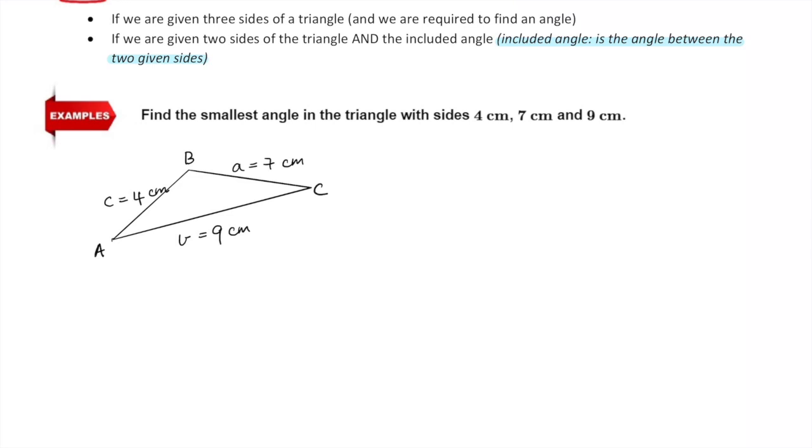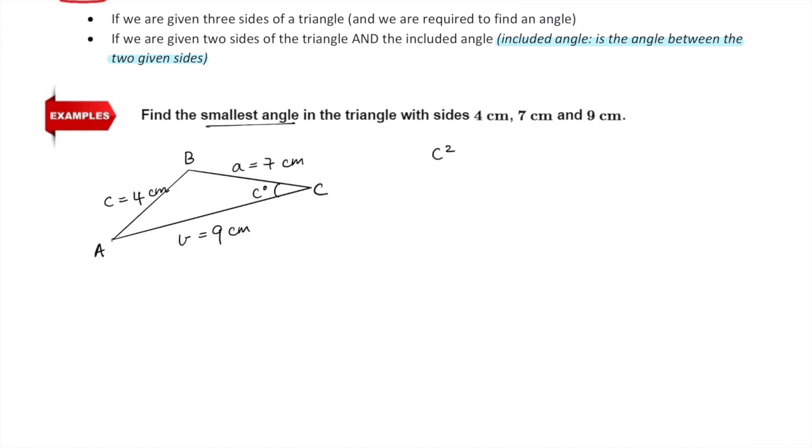So these are all obviously in centimeters. Well, in this case, we're asked to find the angle, so it doesn't really matter, but if you are asked to find the length, you need to make sure that you're giving your answer back in the units the question was given in. So here we're going to have to actually rearrange the rule, right? So for example here, we're asked to find the smallest angle. The smallest angle actually corresponds with the shortest side, so we're actually trying to find angle C. So here we're going to use the rule,